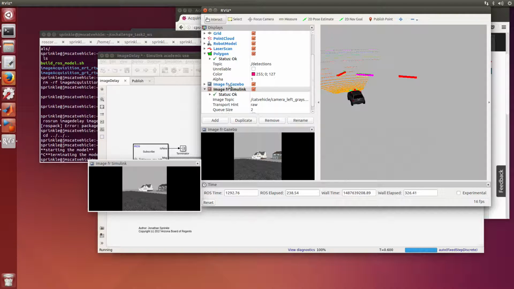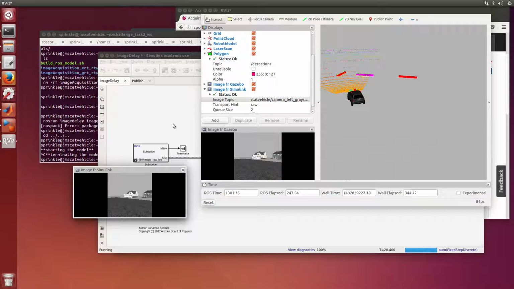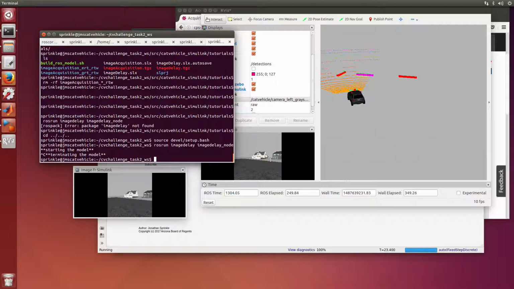So I have two different images that I've thrown up on my screen. One of them is from Gazebo, we can see that here. The other is from Simulink, and the one from Simulink you can see subscribes to /catvehicle/camera left grayscale. Both of these are raw images. So I'm playing this video now, and we should expect that if we make the car move around, we'll see this image, which is directly captured from Gazebo, as well as this image collected directly from